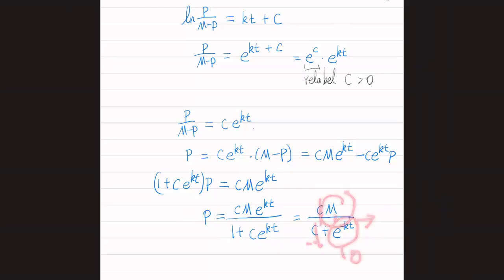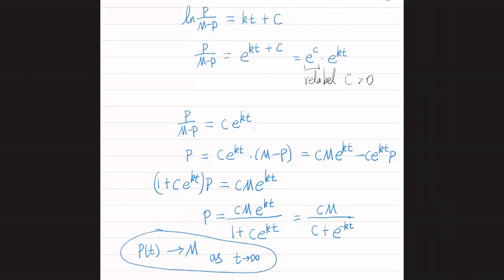So first observation: from the solution, we know that P(t) will increase to M as t goes to infinity. That's our first observation. We'll have more about this next time. Any questions? No. No, Zichen? If no, I will